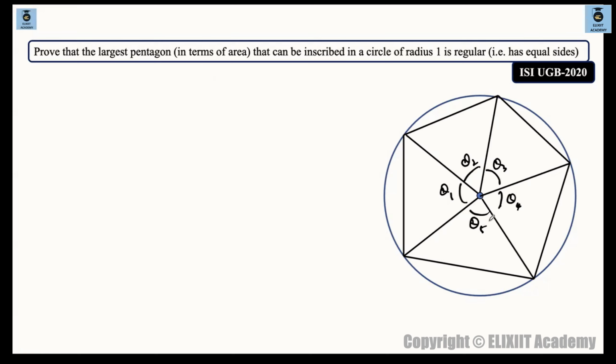Okay, we'll work out. So basically, if the radius is r units, the area of one of the triangles, let's say for this triangle, is how much? Half times r square and sine of angle enclosed between them. तो sine of theta 1 है ना, और क्योंकि r तो यहाँ पे 1 है, बोल के रखा है ना, that can be inscribed in a circle of radius 1. तो r is 1. तो एरिया, यहाँ पे एरिया तो हाफ टाइम्स ऑफ साइन ऑफ थीटा 1 है,